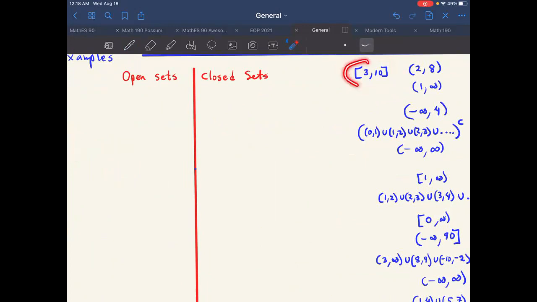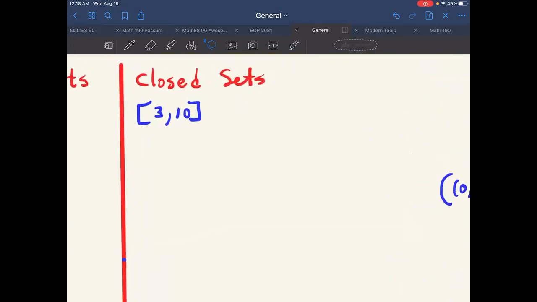Well, remember, this is a closed interval. That's going to be a closed set too. It's not only a closed interval, but it's going to be a closed set. Let me explain to you why that's closed. It is closed because it is the complement of an open set. Which open set? This one: (negative infinity, 3)